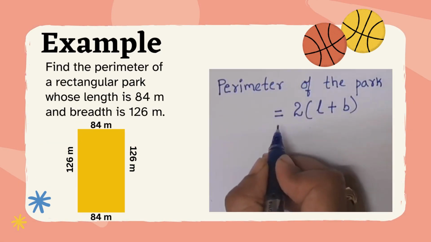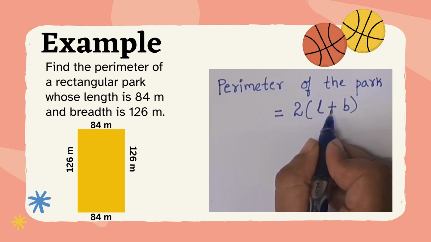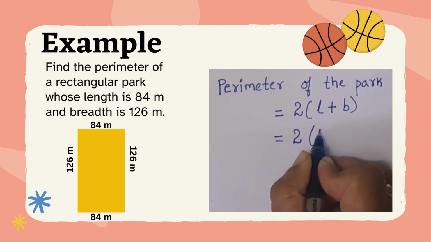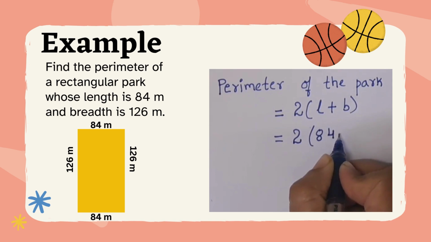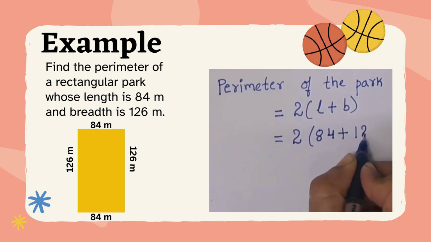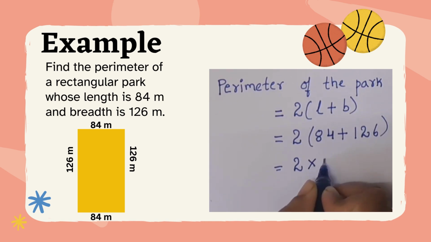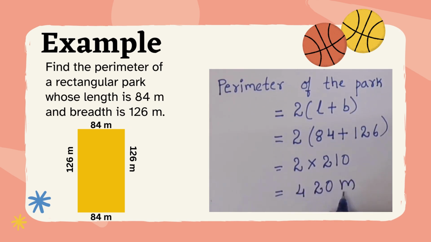Perimeter of the rectangular park is equal to twice the sum of length and breadth. 2 into length is given as 84 meters and breadth is given as 126 meters. 2 into 84 plus 126 is equal to 210. So 2 into 210. 2 times 210 is 420 meters. So the perimeter of the rectangular park is 420